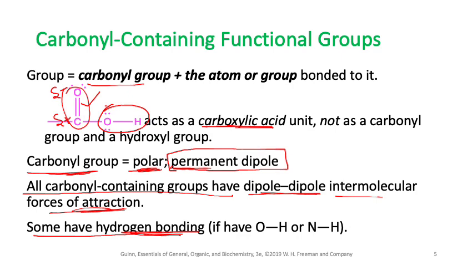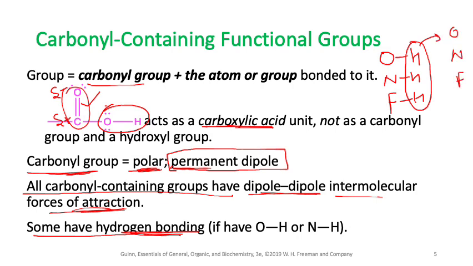Because if you remember, any compound can form a hydrogen bond if it contains a hydrogen attached to an electronegative atom. For example, if you have oxygen, nitrogen, fluorine in an organic compound and that atom is attached to a hydrogen, then this hydrogen can form a hydrogen bond with any of the three atoms if you place them nearby,